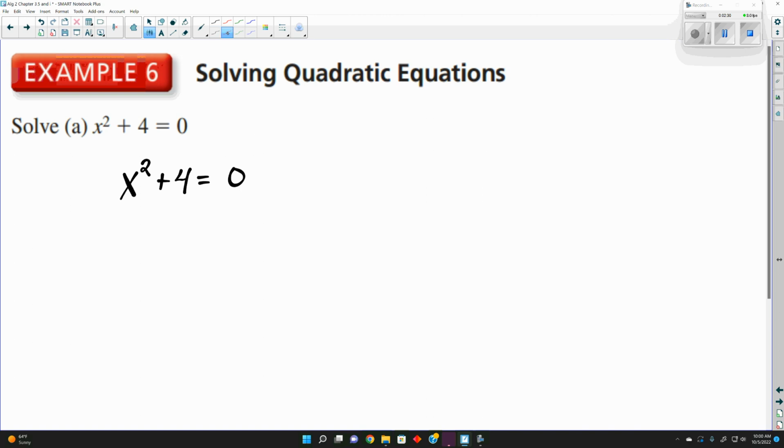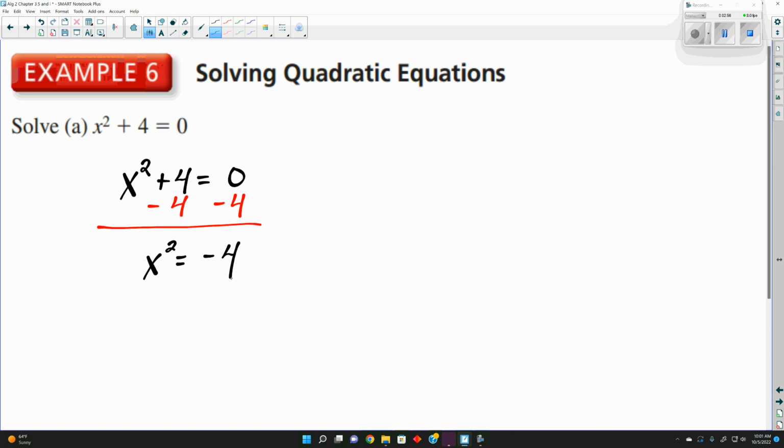The square root method states that we want to get whatever is being squared, the variable or the set of parentheses being squared, by itself. So here the first thing we can do is subtract 4 from both sides, which will tell us x squared is equal to negative 4,